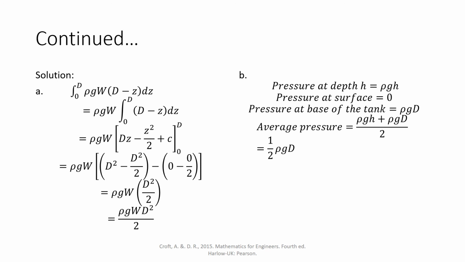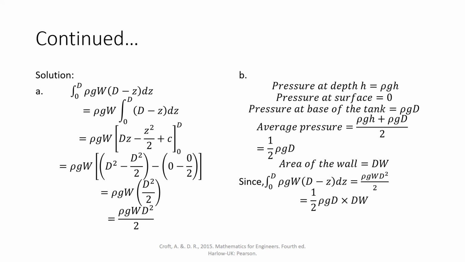The average of the total pressure and the pressure at some height is always taken as rho g d over 2. So the area of the wall is d w. If we look at the force, what we did earlier in part A, the answer can be expressed as rho g w d square by 2. We separate d w from it,